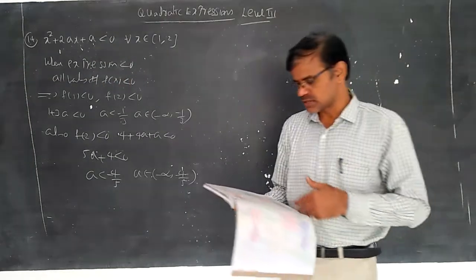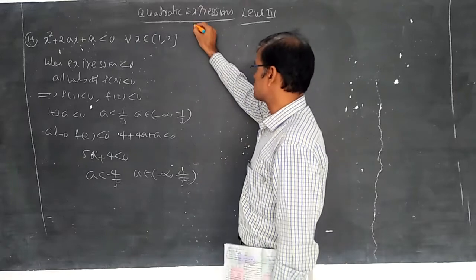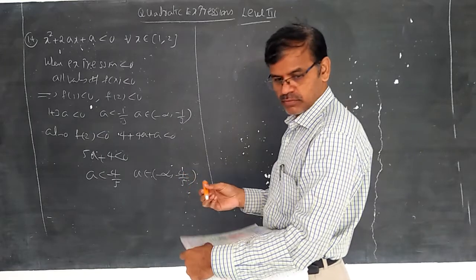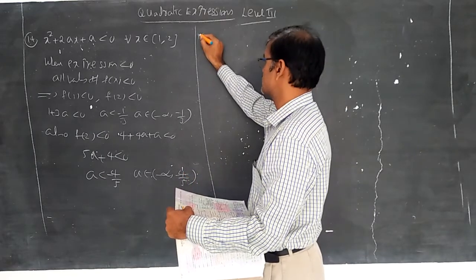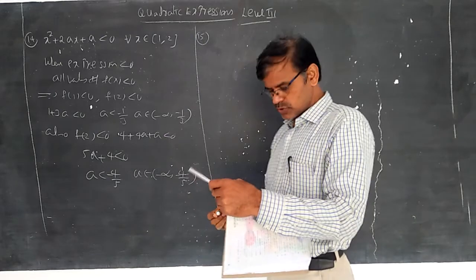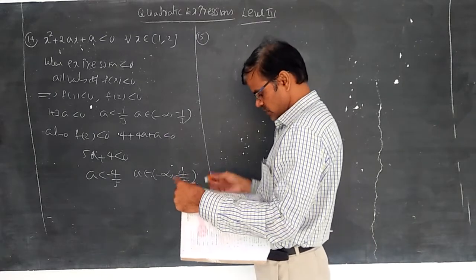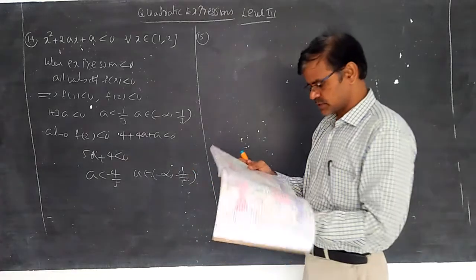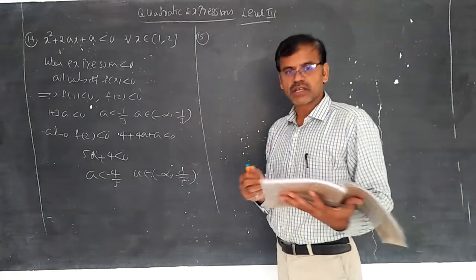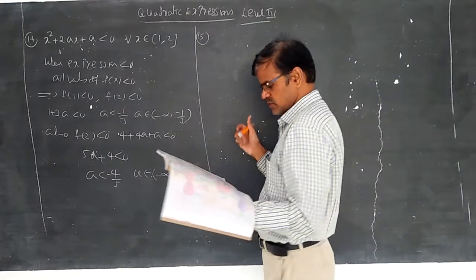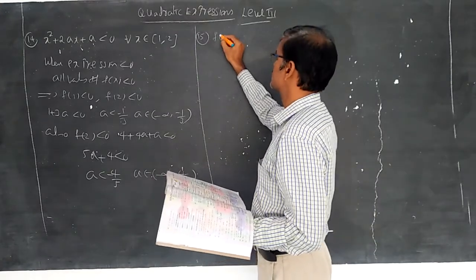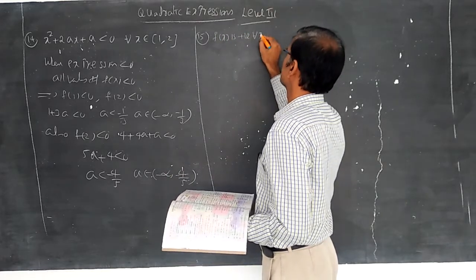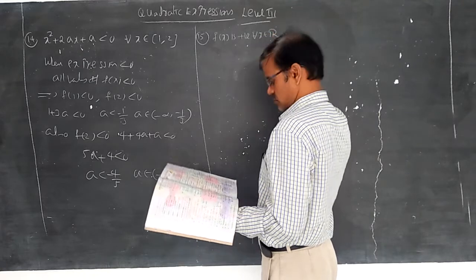Students, in the previous class, we discussed up to 14 sums, quadratic expressions level 3. Now, let us continue from the 15th question onwards. 15th question: if f of x is a quadratic expression which is positive for all real x, so delta is less than 0, for all x belongs to R,